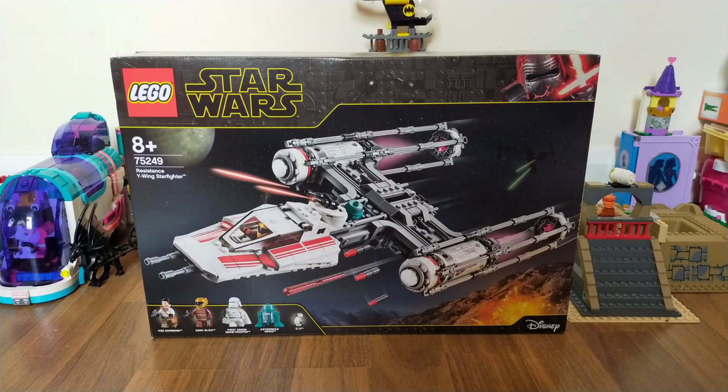Hello and welcome back to another LEGO Unbox, Unbag and Build Per Bag. This time I'm here with set 75249, the Resistance Y-Wing Starfighter, which came out a little bit before the movie,